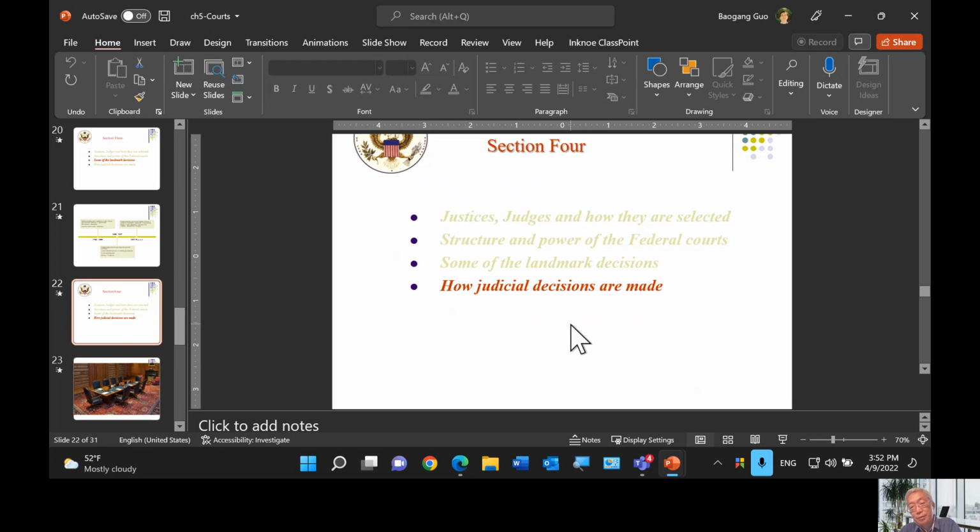So how does the Supreme Court decide which case to be selected to be heard? And when they do hear the cases, on what basis do they make their decisions? That's the key we're going to look at, trying to understand the judicial decision-making process.